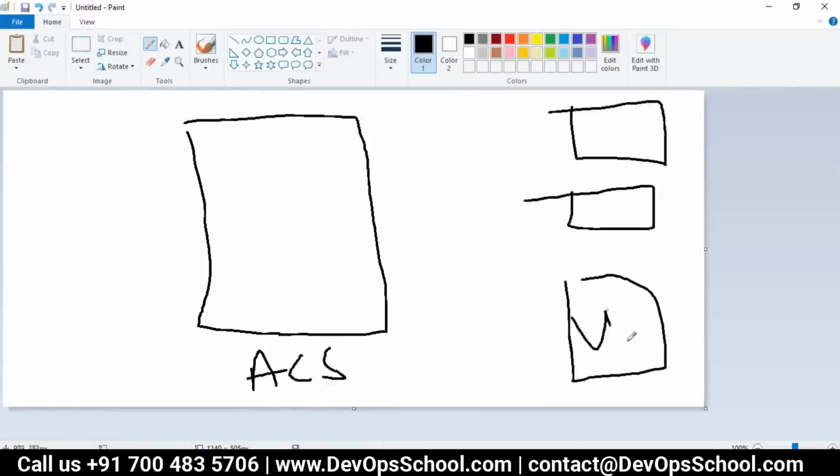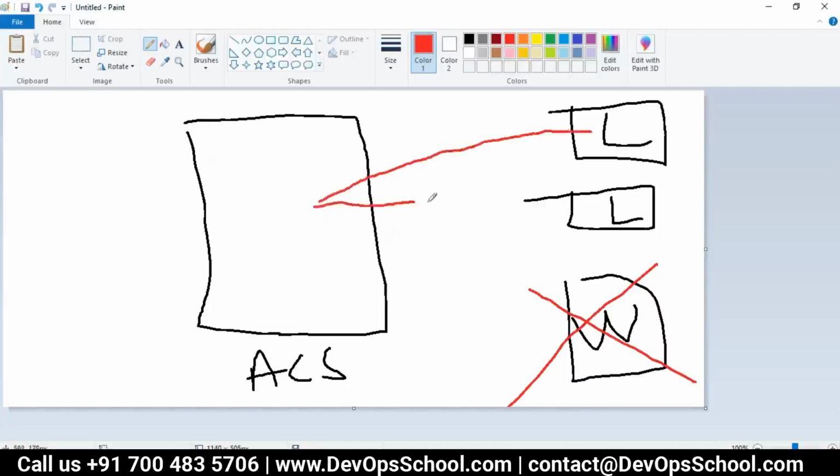Now guys, this can be Windows, this can be Linux. I'm not talking about Windows right now, keep it aside, only Linux. So between this machine and this machine, which protocol does it work on? Any idea?